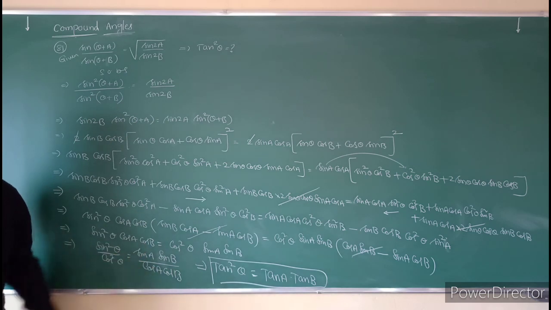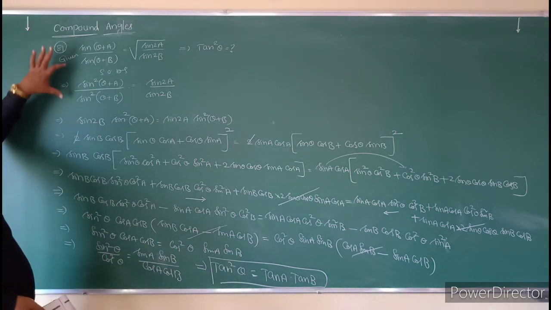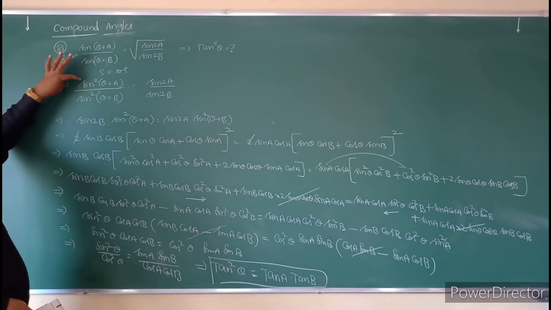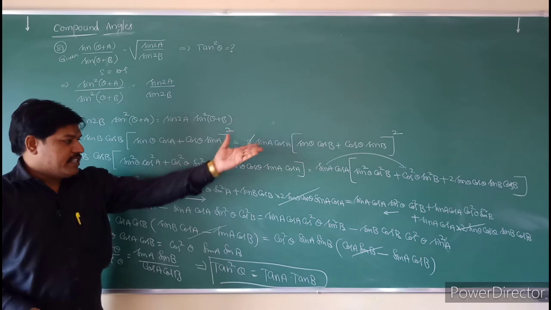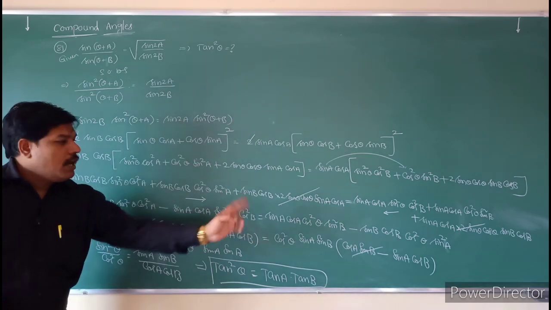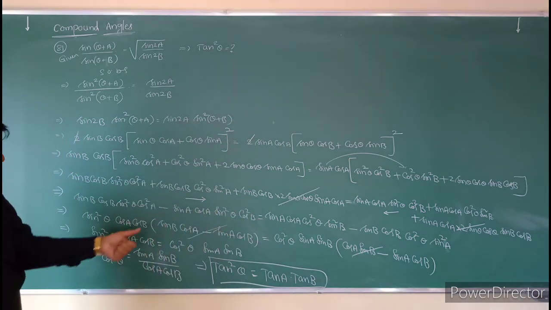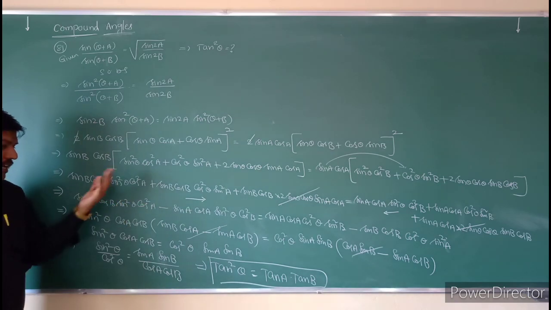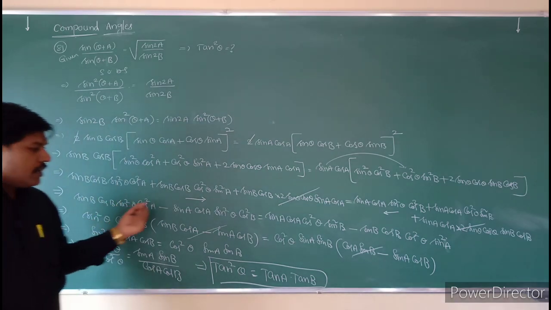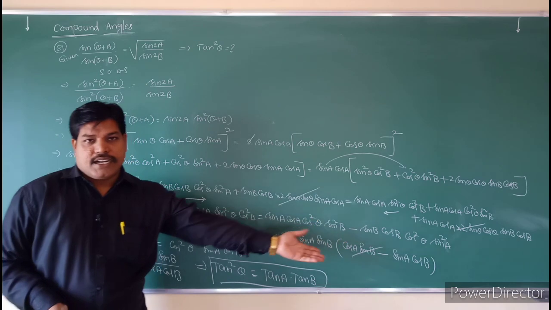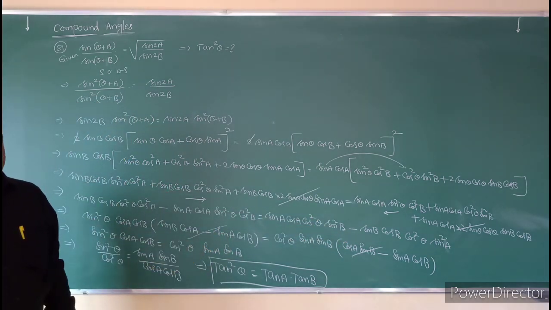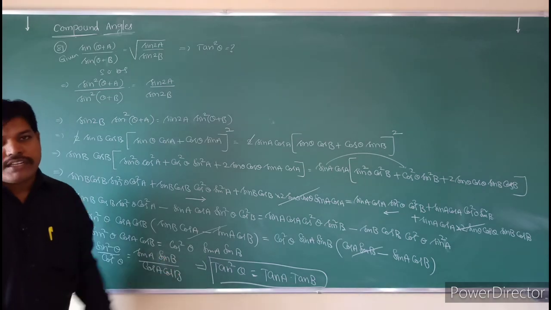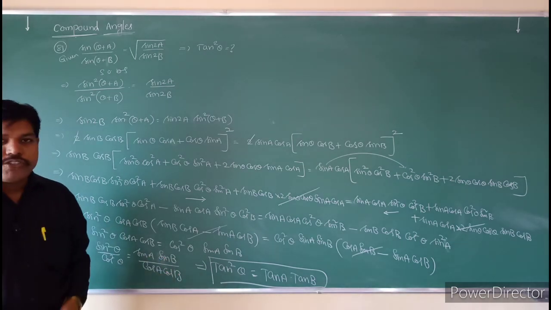Just only the simplification is there, you have to simplify that carefully. So first I am taking the squaring on both sides. It is a sin of A plus B formula, expand that, it is in the form of A plus B whole square. Just expand and multiply, cancel the common terms, take all the sin square theta terms to one side and all the cos square theta terms to the other side, and cancel the common terms, you will get tan square theta. If you practice that a number of times, you will get the answer.